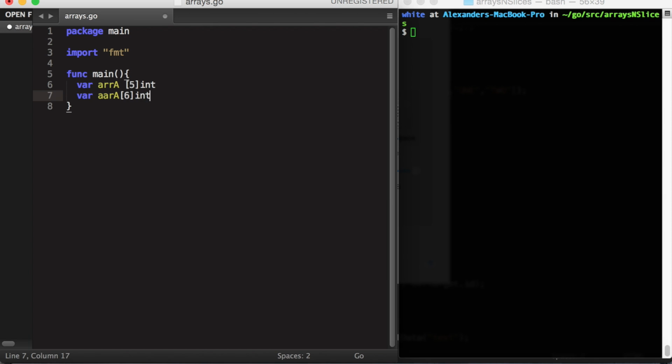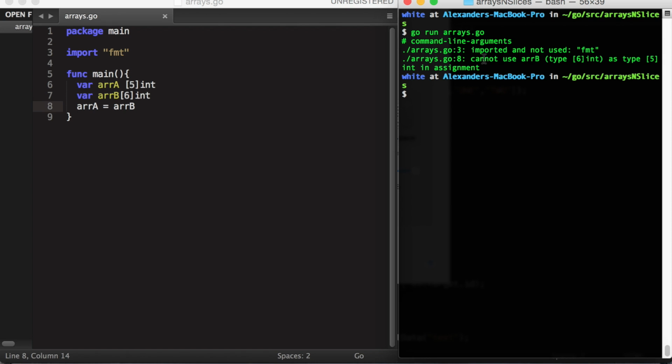What does that mean? That means you cannot set these two arrays equal to each other. Let me demonstrate that over here. Specifically, cannot use RB, which is of type 6int, as type 5int in assignment. Okay, good. If we want to initialize an array when we declare it, we use curly brackets and then a